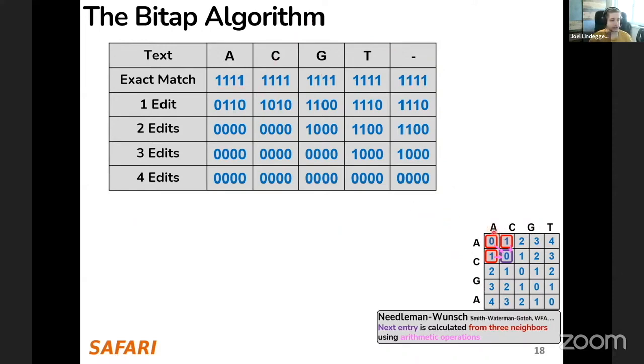And as you can see, also the layout is quite different. So you have one axis which also contains ACGT at the border, like down here, but the y-axis is actually not ACGT, but edits. Basically, this is the text in the Needleman-Wunsch and BiTAP case, and the y-axis in the Needleman-Wunsch case,